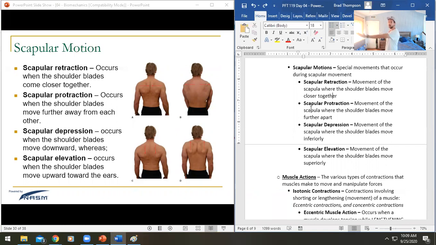You start raising your arm up overhead, you get stuck, and then you arch your back, right? So your body finds a different place to get that movement from. That's why all these terms are so important. Because if I were looking at somebody, I told them to raise their arms up overhead, they should be able to raise them 90 degrees, no problem. But if instead they do this,